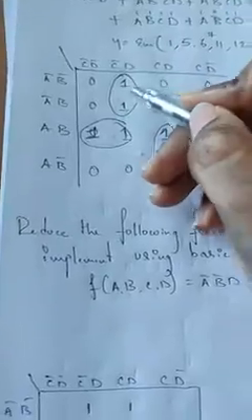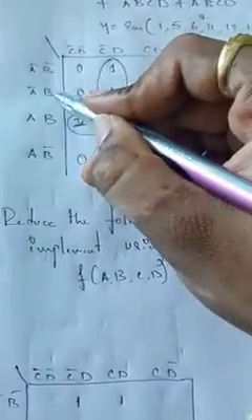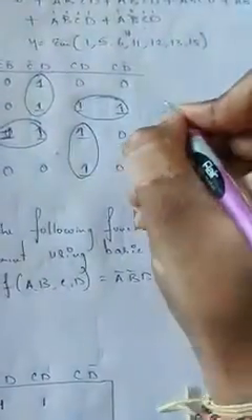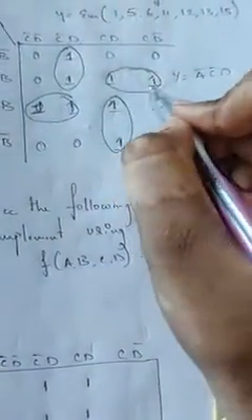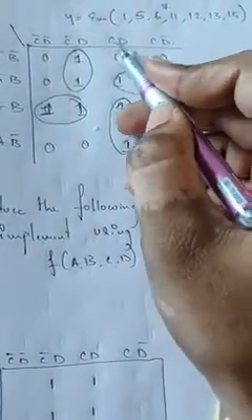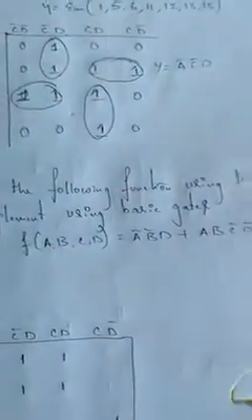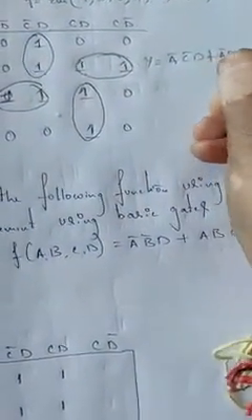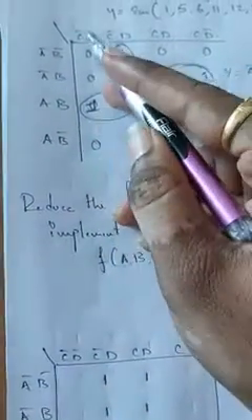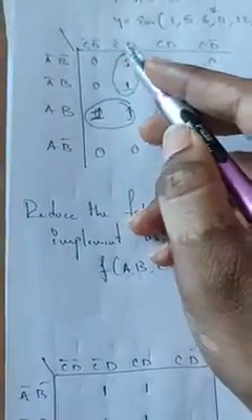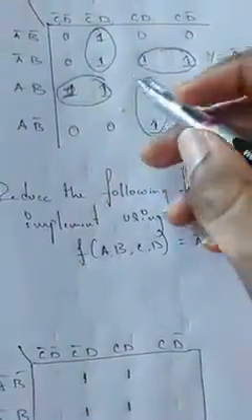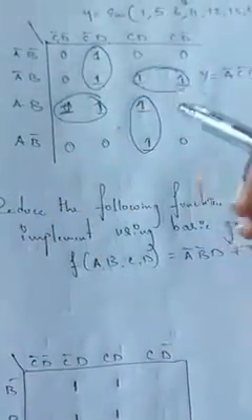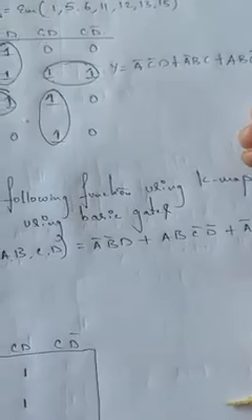So let me write the expression for this one. For this one, C bar D. Here B bar B cancels, A bar C bar D. Y is equal to A bar C bar D. Then going with this expression, look up here C D and C D bar. D bar D cancels. C remains. Here A bar B C. Look at this. C D bar, C bar D. C bar remains. D D bar cancels. A B C bar. Coming here, A B, B B bar cancels. A is the common and C D. So you're going to get A C D. So this is your answer.